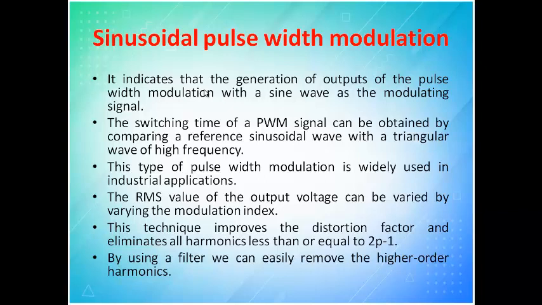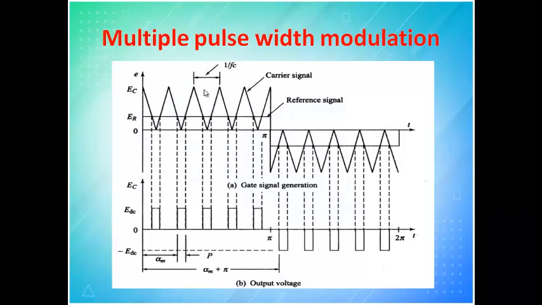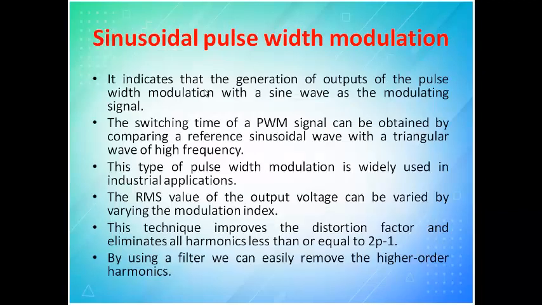Now since it is from Tamil Nadu TNEB, it is a pure sine. So there will be a smooth rotation of your fan, and if suddenly power goes, and if you use an inverter at home, if the inverter is square wave, then you can see the same fan, it will make some sound and it will have some vibrations. So that is the drawback in square PWM. So that is why they are moving to sine PWM. So in the initial days they were using only multiple PWM to generate your AC output, but then in order to reduce the noise as well as the loss, they moved to sine PWM.